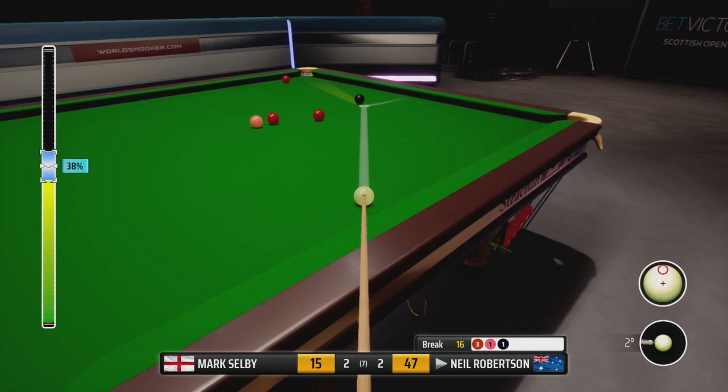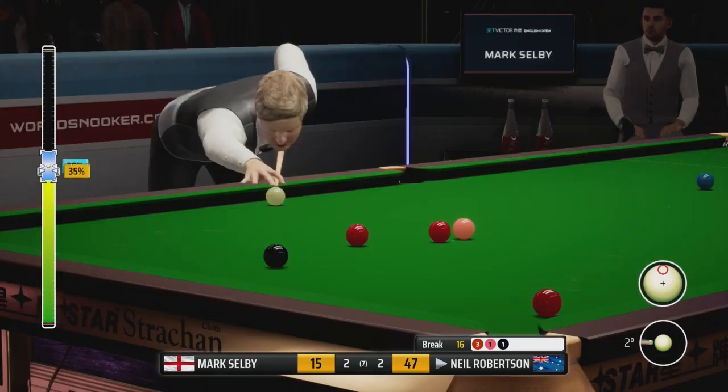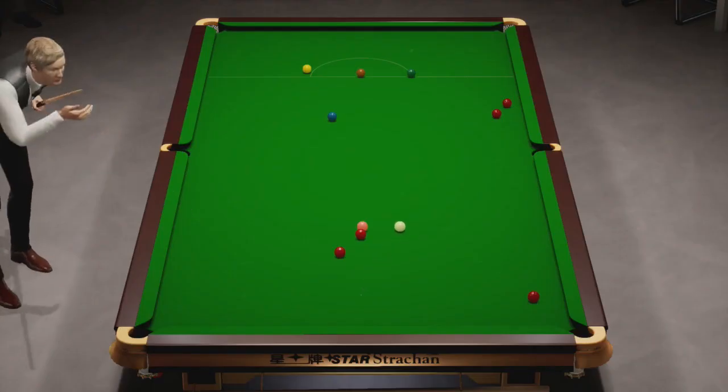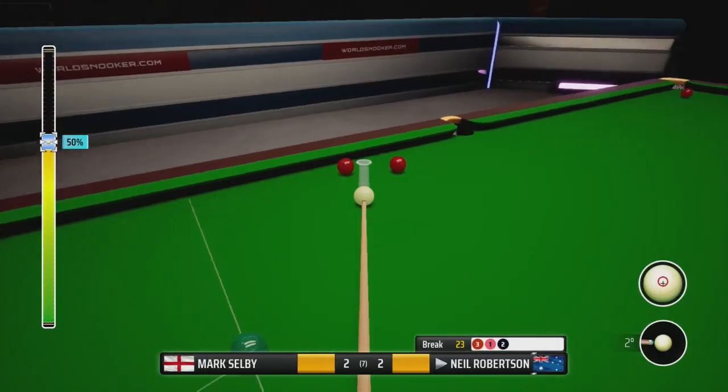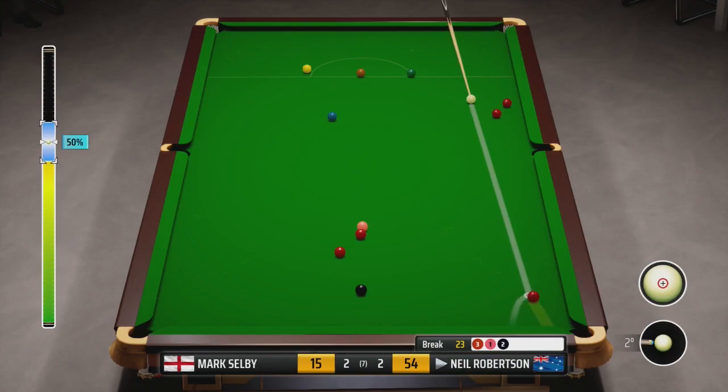Okay, I'm not sure how much power we'll get on this. Can we drop this into the right corner? That's too much. I forgot we've got these two reds. Actually, these could be a bit of a godsend. Wonderful pot. But we can go for the red down the bottom of the table, so there's not much problem with that. 23. And those reds are too tight to pot anywhere anyway, so...